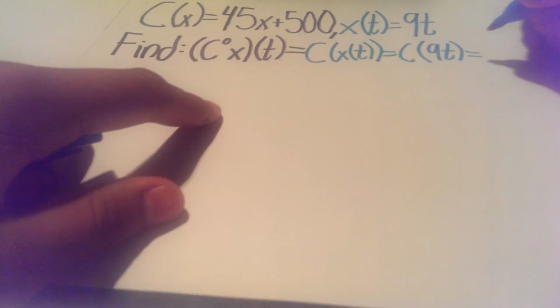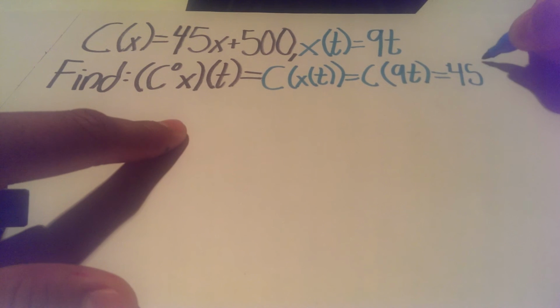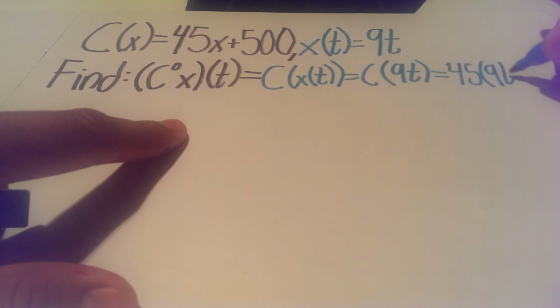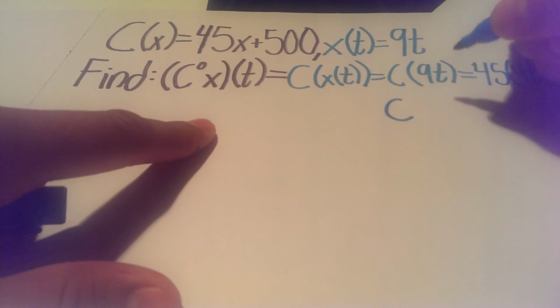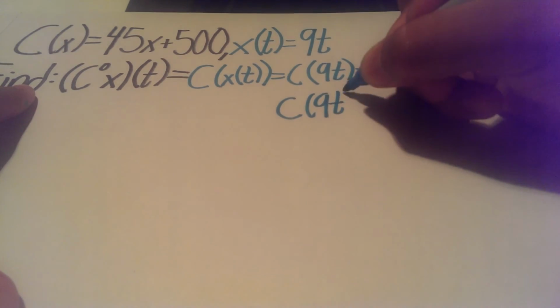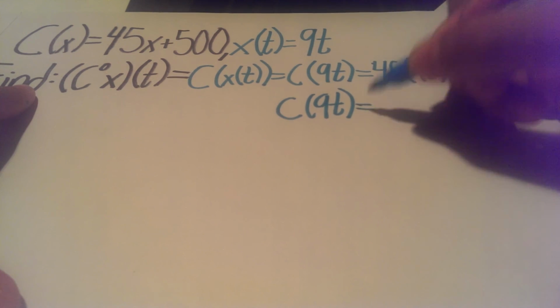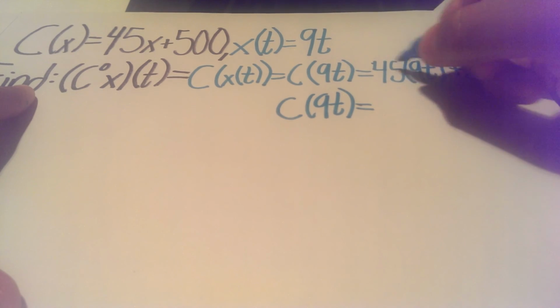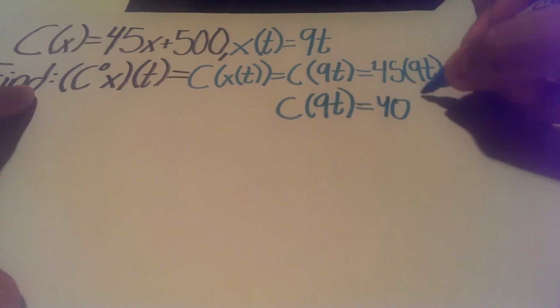So we go to our equation and we get 45 times 9t plus 500. So C of X of T will equal 405t. Once the 45 and the 9 are multiplied, it will equal 405t